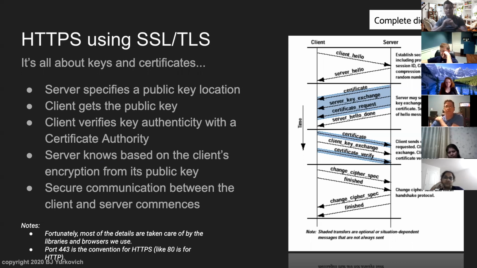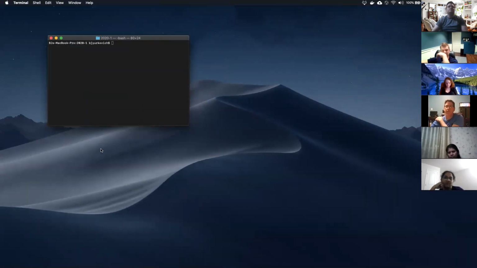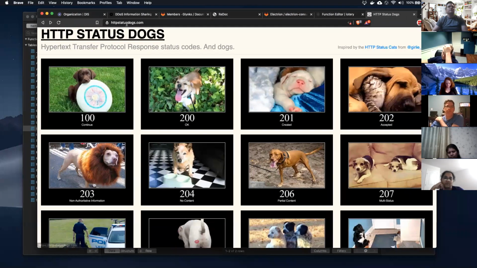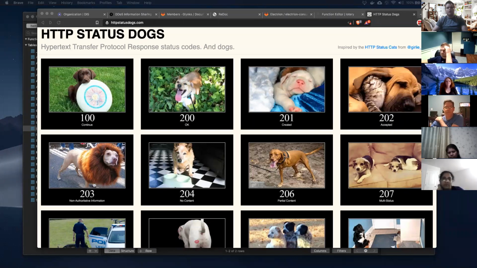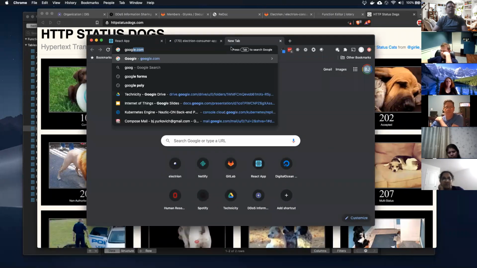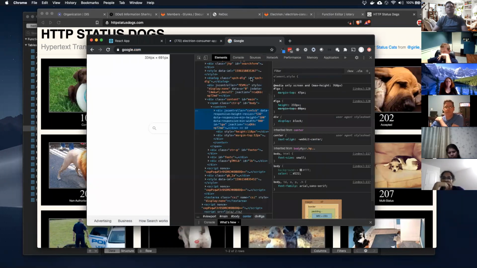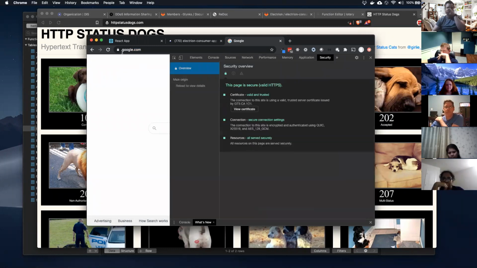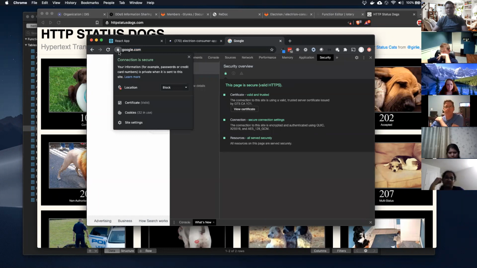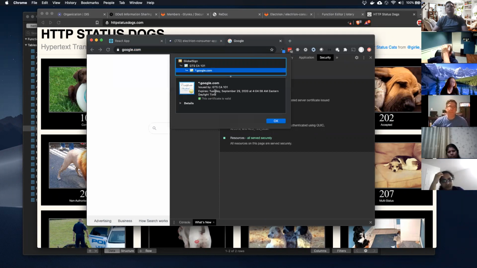Now this is where everyone kind of trusts, and you might have heard of things called root certificates. If you go into your browser, is this Chrome or Brave? Let me pull up Chrome here. So if you go into your browser, and we go to google.com, and we inspect, pull up those DevTools, we go to security, you'll notice that you've got this little secure thing here, and it says connection secure, and it's like, okay, great, I feel good, right? What does that actually mean? Well, what it means is there's a valid certificate, and it's signed by a root certificate.